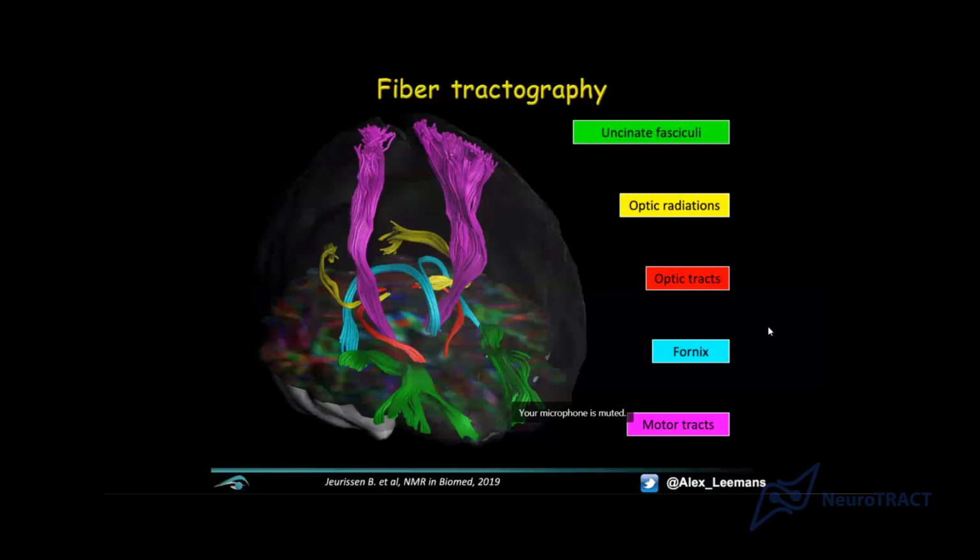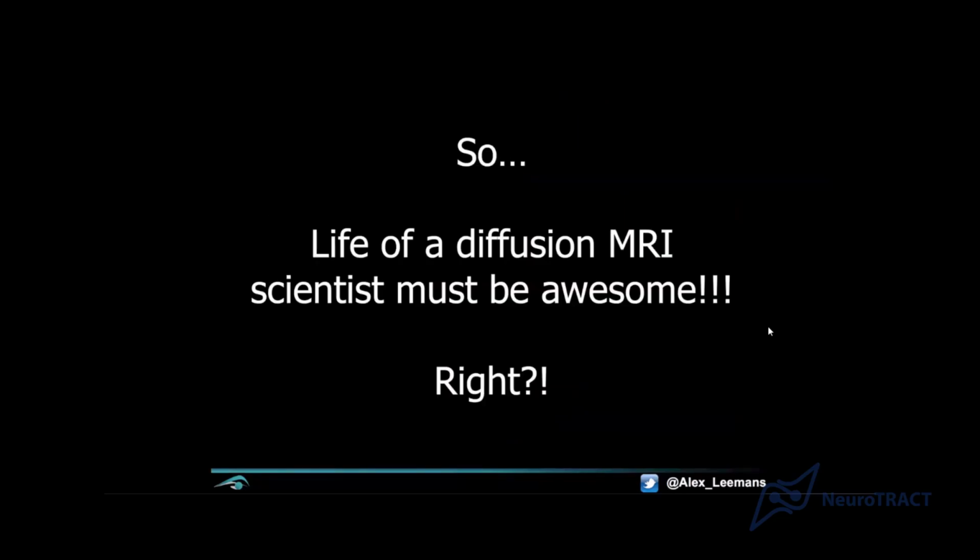And the nice thing is we can now start to quantify properties of these pathways, right? So we placed regions of interest to get access to specific neuroanatomical structures, and then we can look at diffusion properties or maybe geometric properties or volumetric properties of these tracts. And that's great, right? So life of a diffusion MRI scientist must be awesome. Yes, but, and there's a big but,